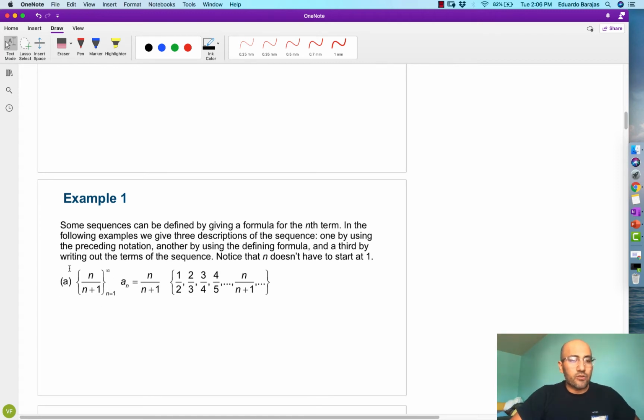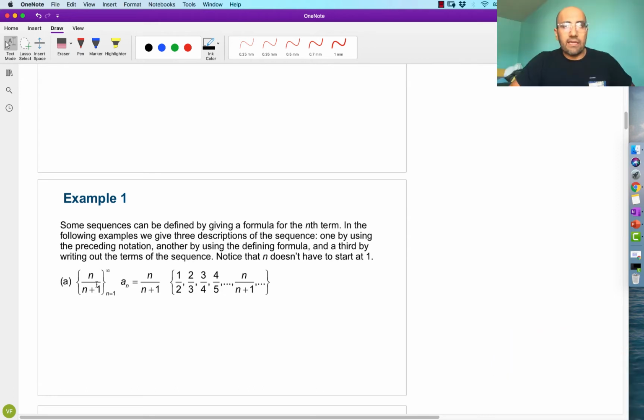So here's one way to describe it. It's the formula n over n plus 1, starting at n equals 1 out to infinity. Remember that the inputs are the location on the list, and you can't have a decimal location on a list. It's either the first one on the list, the second one, or the third one. It can't be the 1.02th one on the list. So in this context, it doesn't make sense for the input values to be decimals, right? So the input values are only counting numbers, whatever they are.